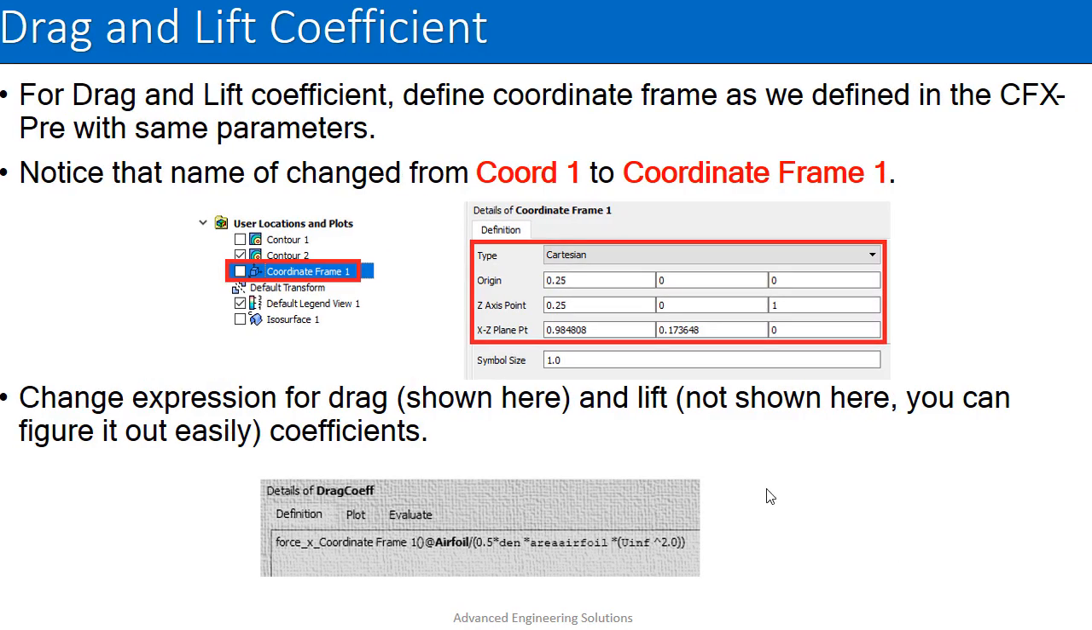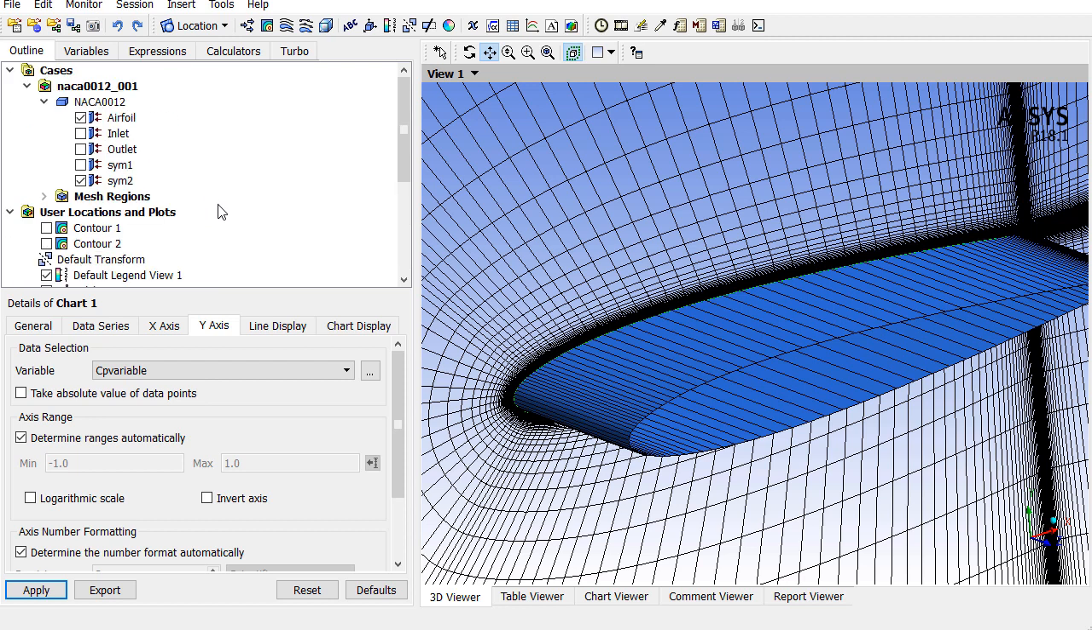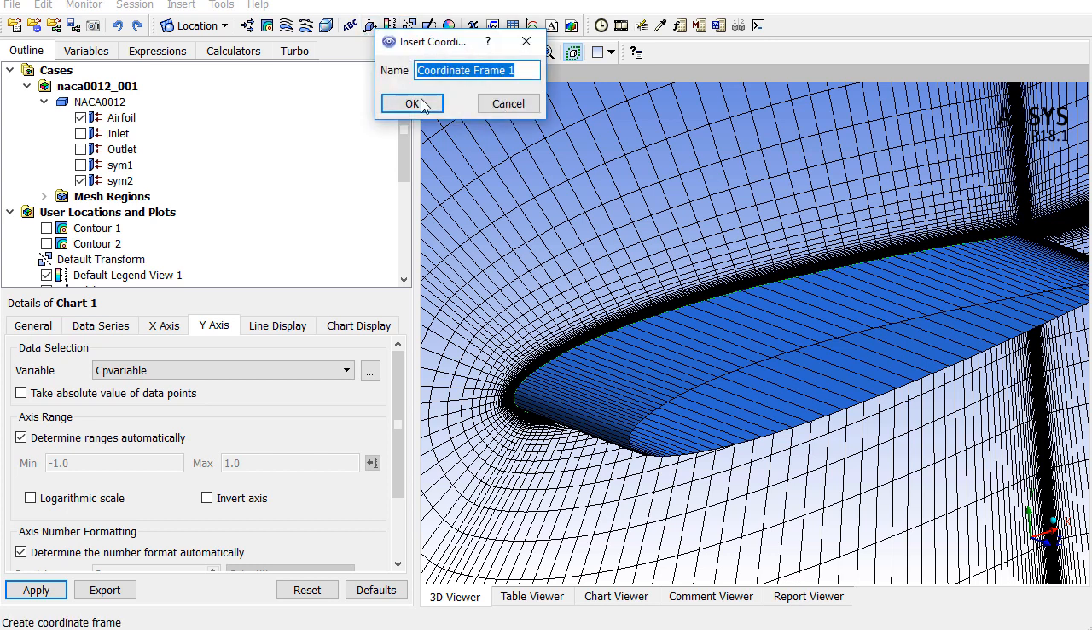Now we will find out the value of the drag and lift coefficients. So first of all, define a new coordinate frame, and it's the same as we defined in the CFX pre. Click on the new coordinate frame system